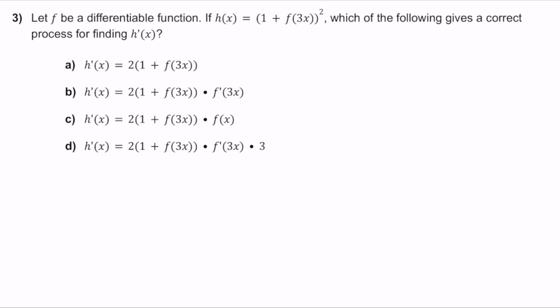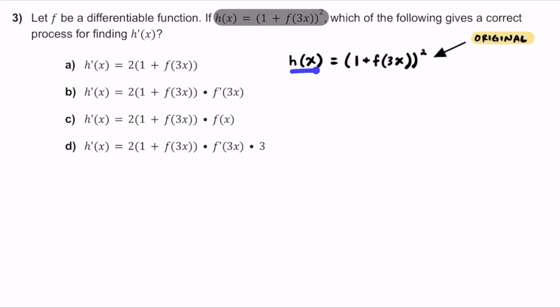Alright, so let f be a differentiable function. If h of x is equal to the quantity 1 plus f of 3x, squared, which of the following gives a correct process for finding h prime of x, or the derivative of this function? Alright, so this right here is our original function, and if we're being asked to find the derivative of it,